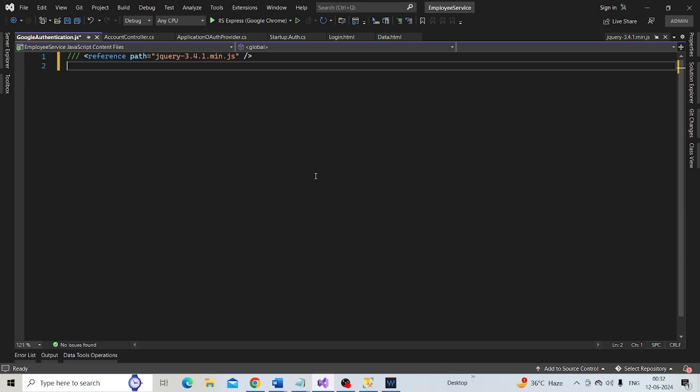Let's call this function getAccessToken.